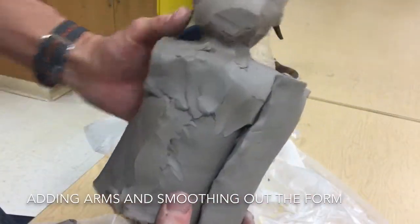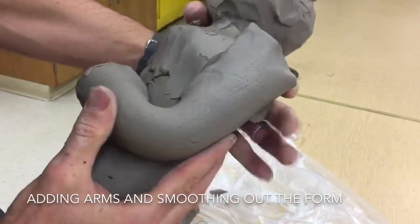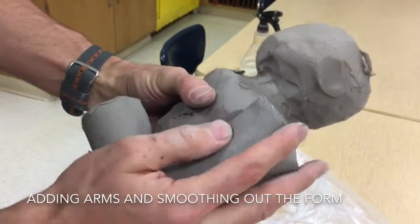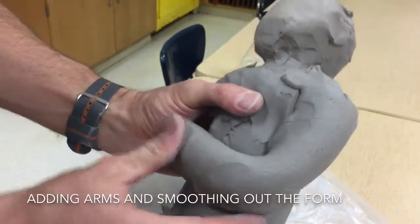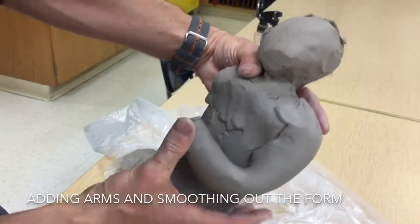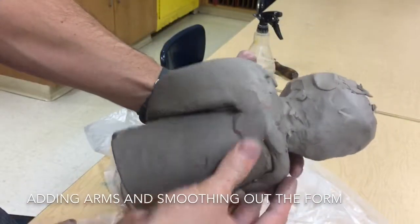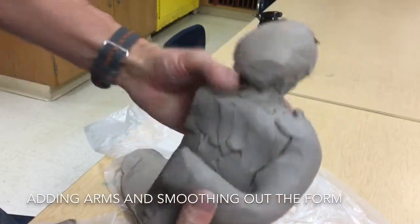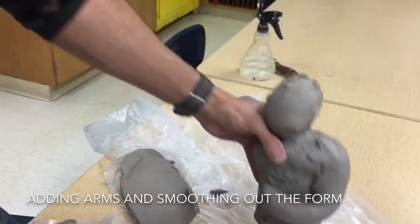Now you can see this is a pretty stiff arm, but you can bend the elbow and wrap the arm in certain ways. You don't have to worry about it being perfect, but kind of get your figure posed in a way that you're going to be happy with. And so I'm just placing it on right like that, and it's hollow all the way through. Then I will grab the other one,